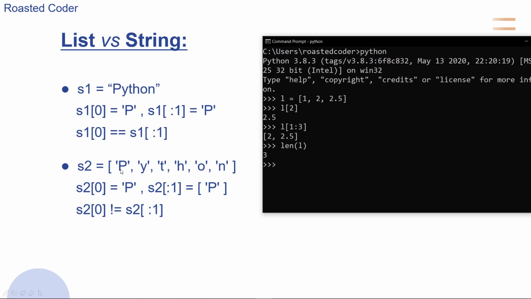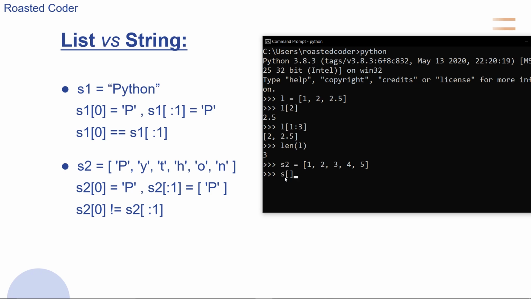Now if we take Python as a list, with every character as an element in the list, that will not hold true. As we saw here, it will not hold true for a list. Let's take S2, a simple example: one, two, three, four, five.